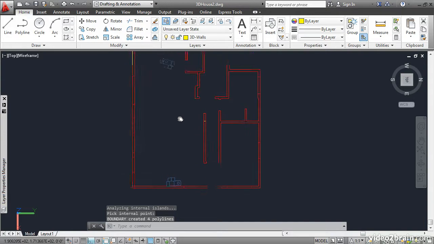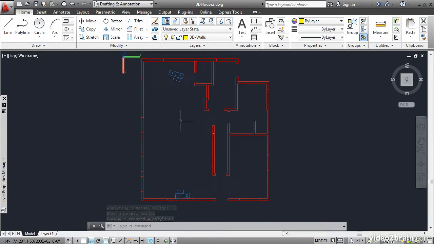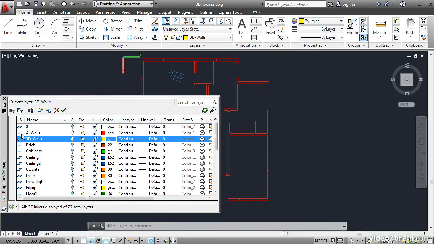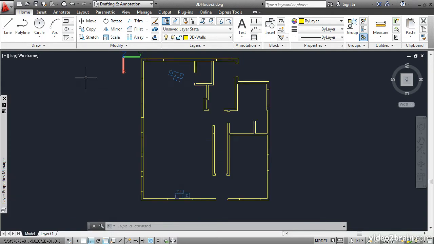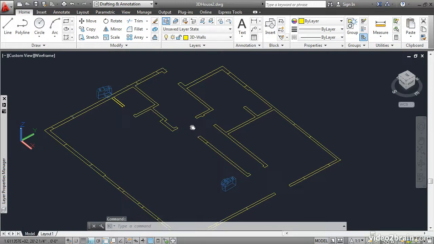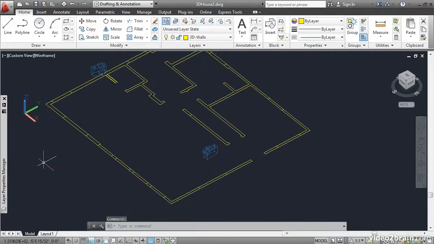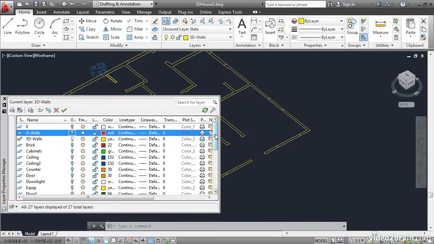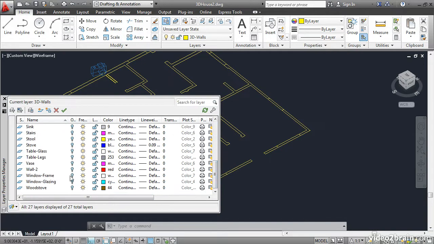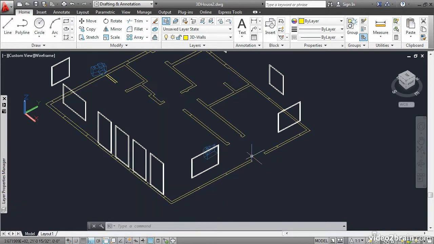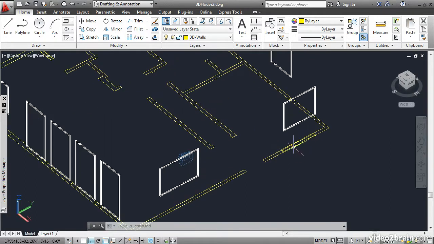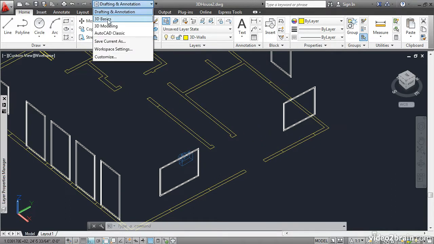Now I think I got every enclosed area, but I'm not sure. So let's go ahead and toggle off the A walls layer and see that we don't have any gaps. Yes, that looks good. Now I'll hold down Shift and drag the mouse wheel to Orbit. And I'm going to go back to the Layer Properties Manager, scroll down, and turn on the Window Frame layer. This will give us information about which one of these pieces is a full height wall and which ones are sills. Let's switch to the 3D Basics workspace